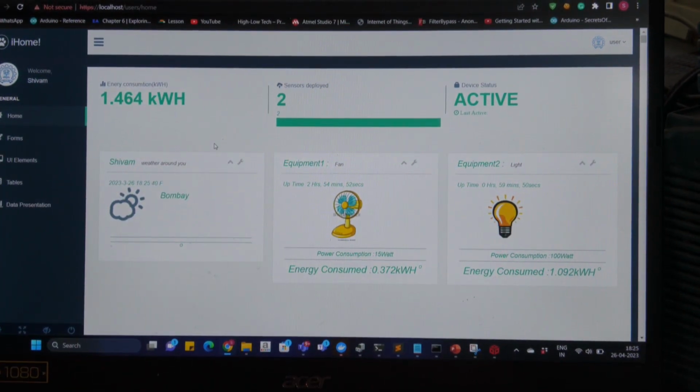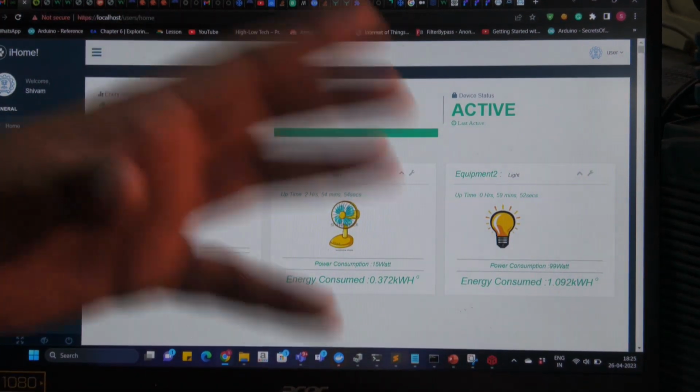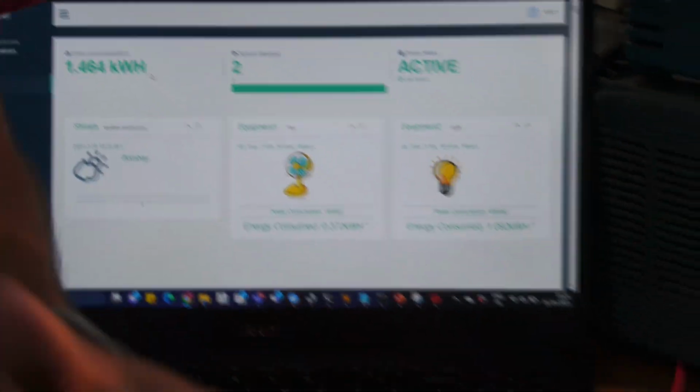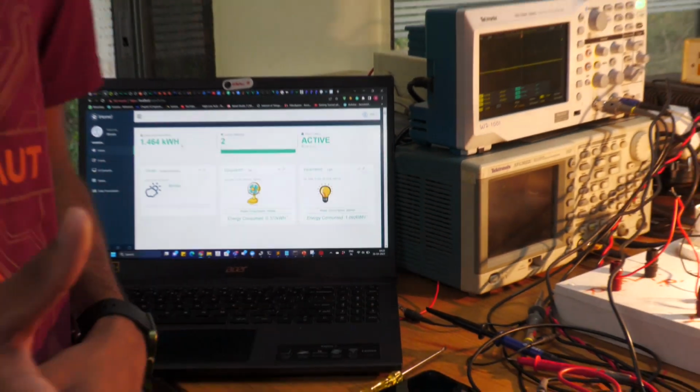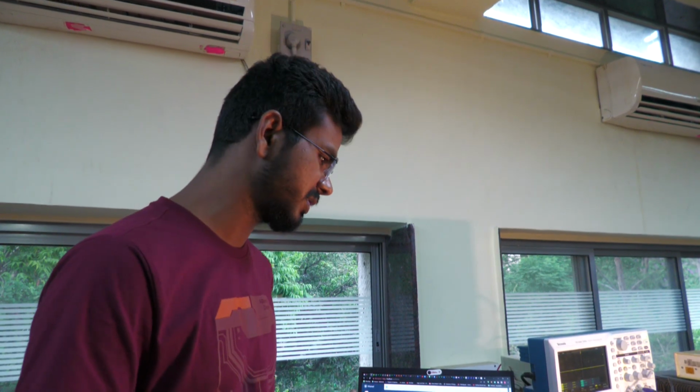On the top left corner, we can see the total energy consumed by all the equipment connected to our system. This is how we know the total energy consumption by different AC appliances. Once we know the energy consumption of each separate device, we will be able to optimize the power consumption. For that, we can introduce some analytics or ML in the backend, using which we can suggest some control mechanism to the user, so that they can turn certain devices on and off, and we can provide suggestions based on these power measurement values.